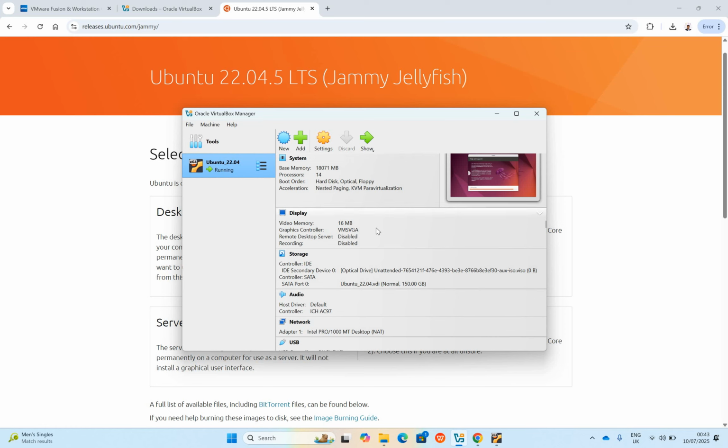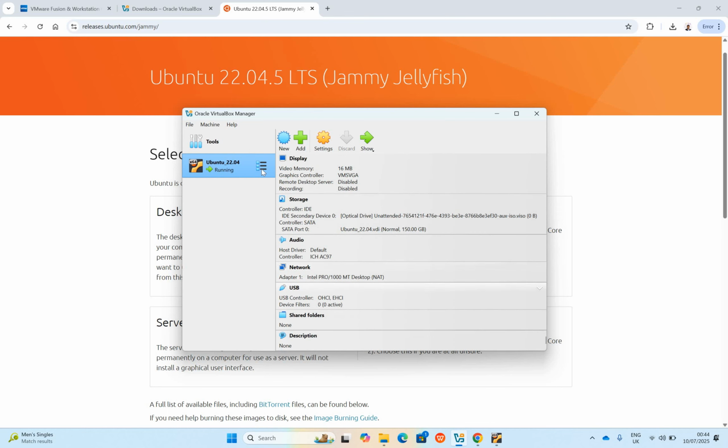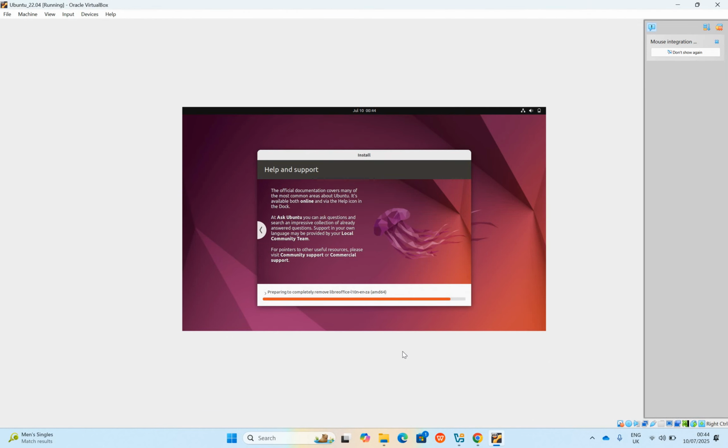This is the RAM part. So I'm taking 16 MB here because my computer has 32 GB RAM. Okay, once you have done this one, just double click here, it will run and install it. It is already installing in the background. Let's have a look, yes, it is installing. It hardly takes 10 minutes and then you will get a complete Ubuntu interface in the VirtualBox machine, and then